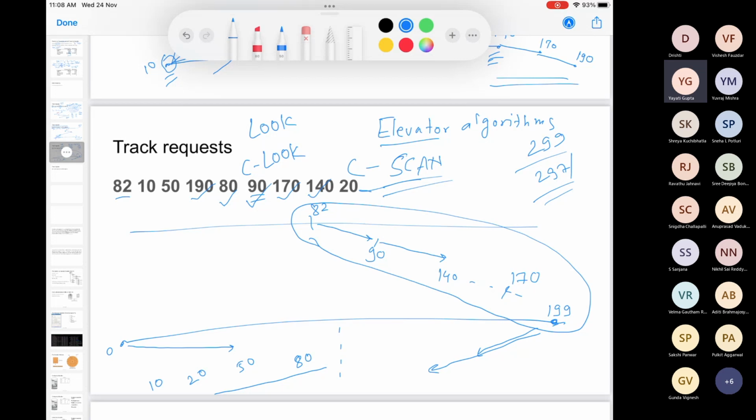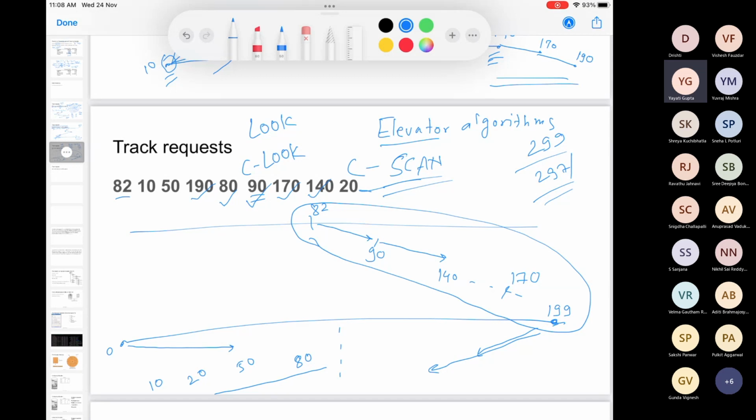So if you look at this particular example, the last request which we had to serve was 190, right? So if you have served 190, what's the need to go all the way to 199 if there is no request that side? Once you have serviced 190, you come all the way back from there. And let's say here the request which is on the extreme left is on track number 5. So once you have serviced something on track number 5, you can start moving in the same direction.